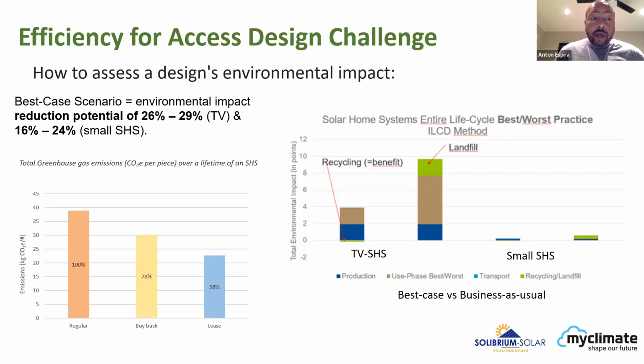A lease model is where the customer does not own the product, but is able to replace components that are not working, is able to upgrade the product over time, and is able to basically continue using the product as long as they want to. In this case, for example, if I start with a 3-light system and I pay for it, I can always come back and I can upgrade it to a larger system. If any part of my system doesn't work, I can also just bring the part that doesn't work back to the service center and get a new part. So the lease model had the least CO2 emissions.